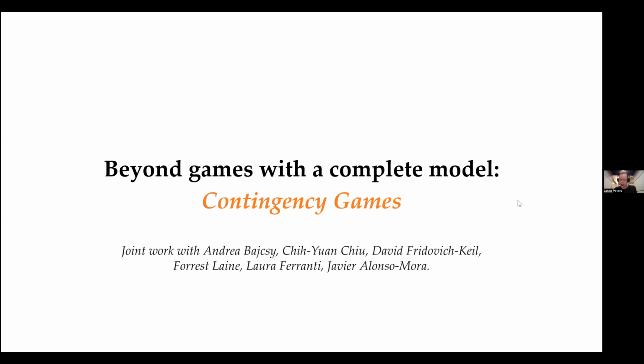Nice. Then let's continue with the last chapter of this talk, which is on contingency games. This is joint work with Andrea and also Chiu-Yuan Chu and David, Forrest, Laura, and Javier. And the main idea of contingency games is to extend this decision-making framework to situations where we may not have a complete model of the game. And to motivate that,